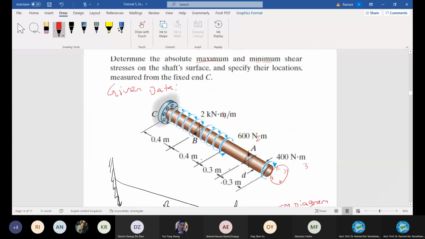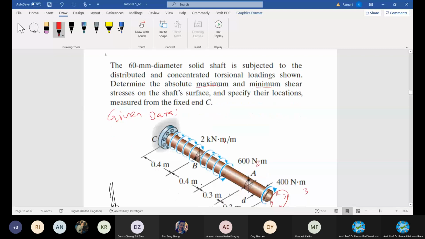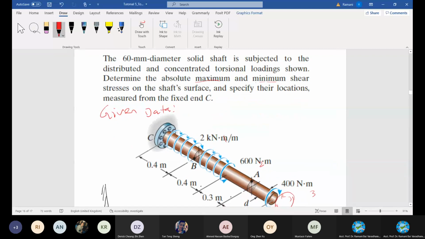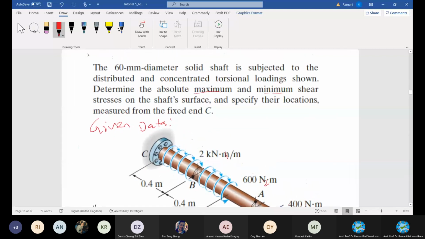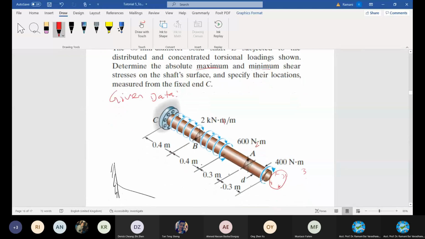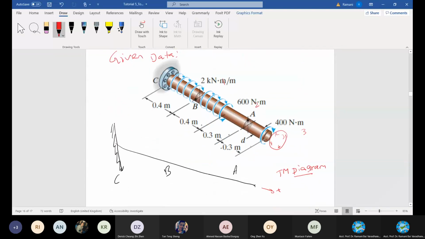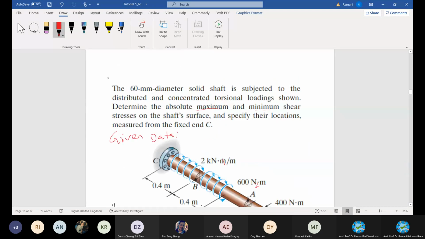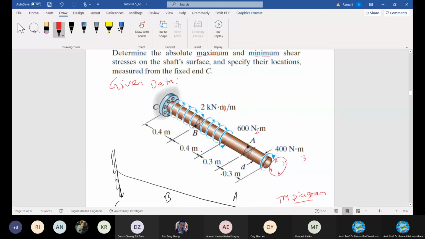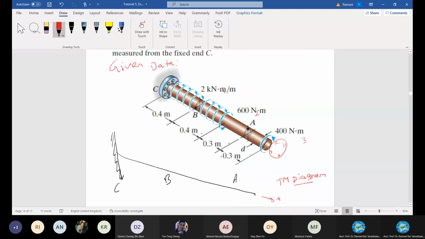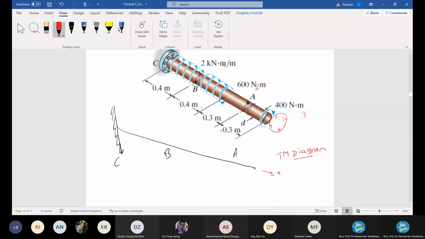I start with the next question, which is a solid shaft, okay? This is the fourth question we are going to solve. We must improve the number of questions we solve in class, based on your cooperation. Shaft is given. I put the clockwise and anti-clockwise like this. Let's draw the diagram to know what is the net moment acting so that I can find the maximum and minimum stresses. These are the values given. Because there are many, you need a free body diagram to understand how much is acting at each and every point. For that, I have brought down this line sketch.